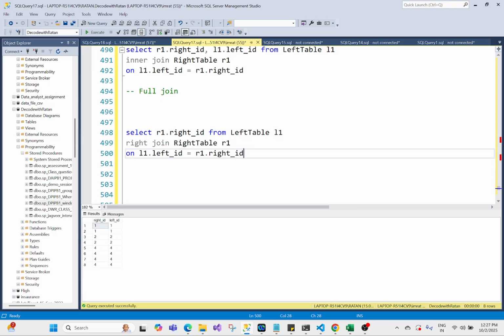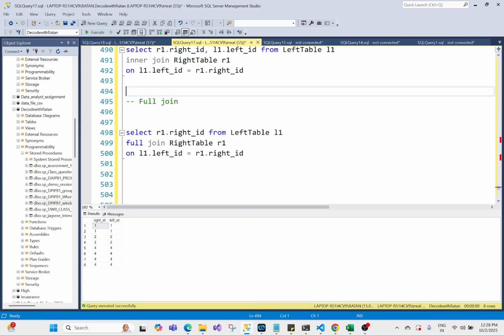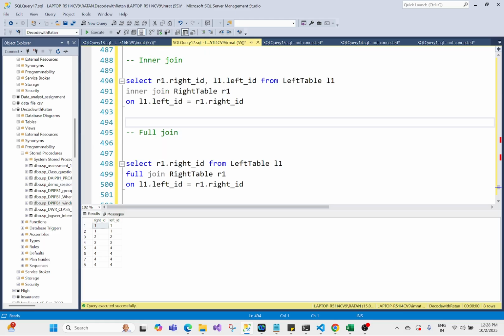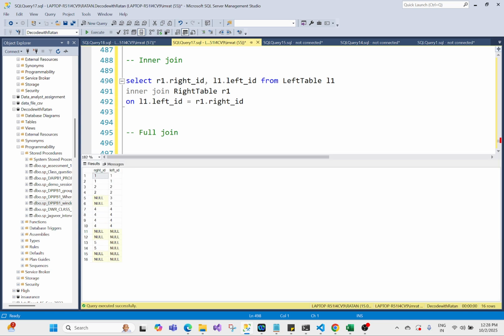So R1, what we have to do? Full join. What I said, common record of both the tables and all the records from the left table, not common record from the left table, not common record from the right table. So it is full join. And what I have to write, just take these right ID and left ID as well and run this. Okay, so this is the output for right